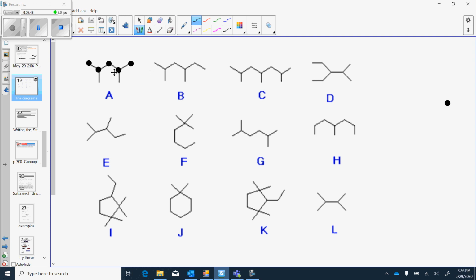bonded together. So we have 1, 2, 3, 4, 5. That's our parent chain, 5. And the ends of these lines are carbons as well. Okay, once you get used to it, these are a really quick way of doing structural diagrams, but they can get tricky. Now, with our parent chain, remember longest parent chain, 5, pent, so it's pentane, but we have 2 of